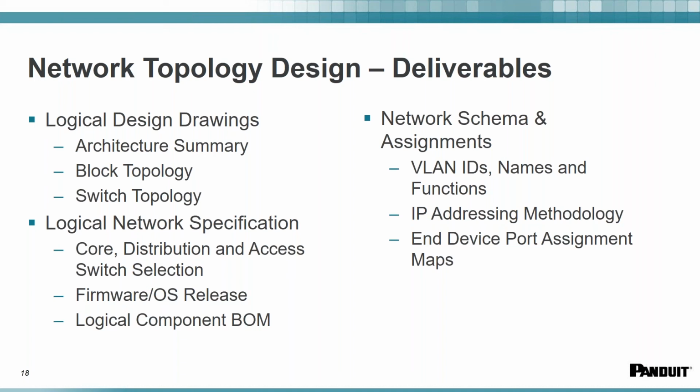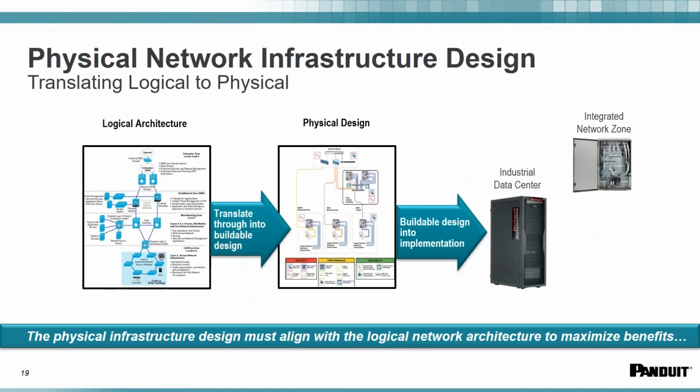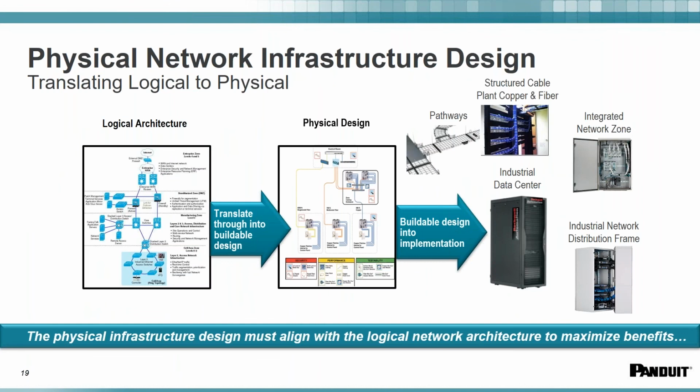So with this, here are some of the deliverables that usually take place. You've got the logical architecture on the left-hand side, and this is where you are showing all of the different devices that have to communicate, but you're not telling how and for what type of wiring. As you study the premises, as you decide what type of hardware has to be installed and how far it is from the main system,